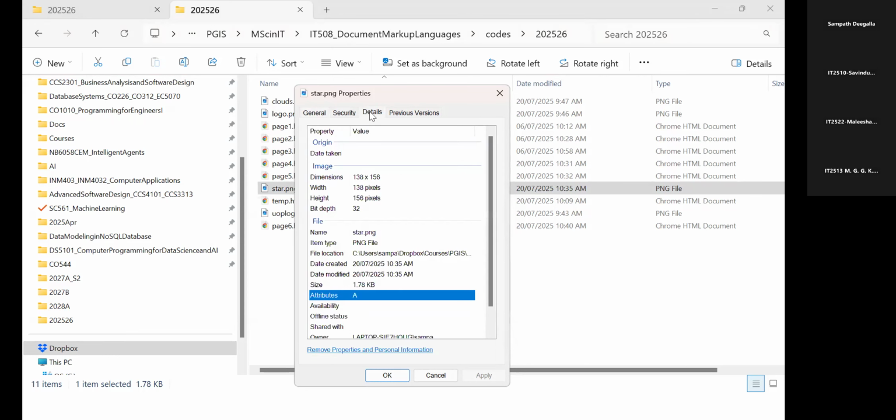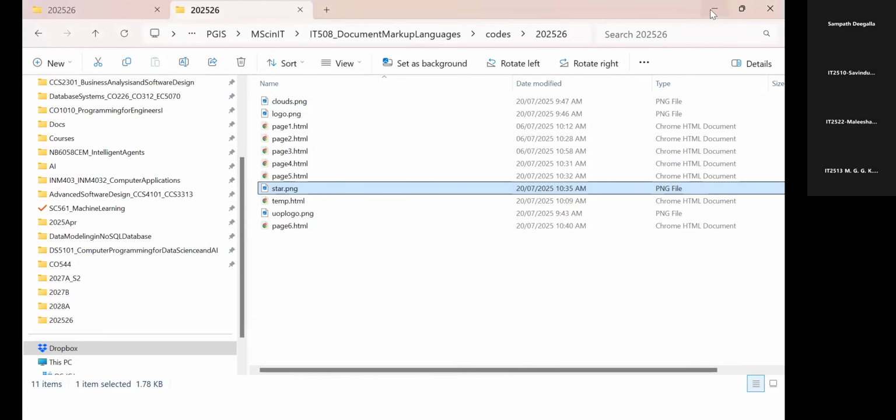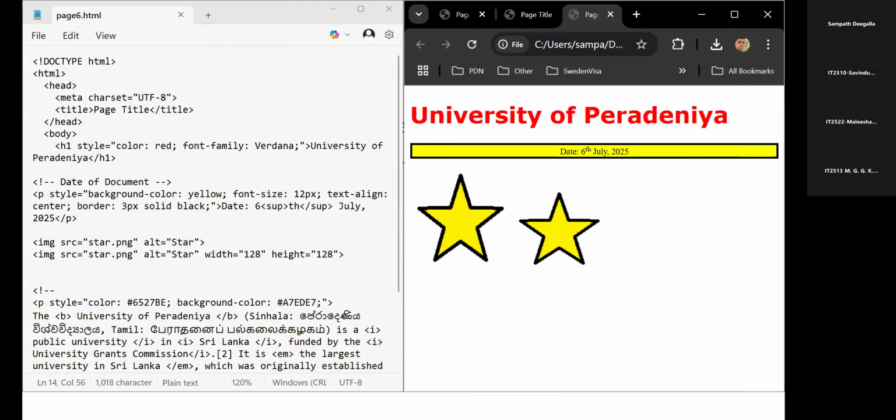Where we have the details. Okay, if you go into details, you can notice originally the size of the image is 138 and 156, right? But now I am resizing it to 128 by 128. That's what I have specified. You can see the actual image is a little bit bigger than when you specify the width and height. Right. Now, the second one, actually, what you could do is